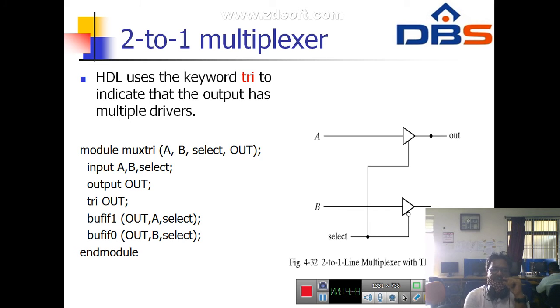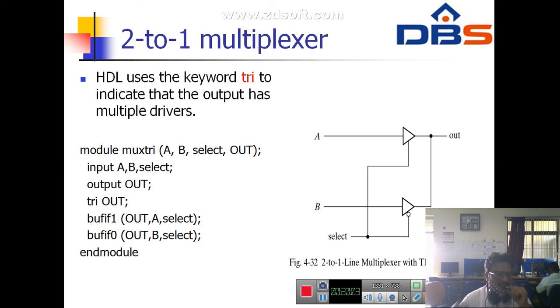Input a, b, select, and the output is out, and we are using tri-state devices, so tri out, and for the first case bufif1 with out, a, select, and bufif0 with out, b, select. As we already saw in the operation, if the selection line is 0, B will be selected, and if the selection line is 1, A will be selected.